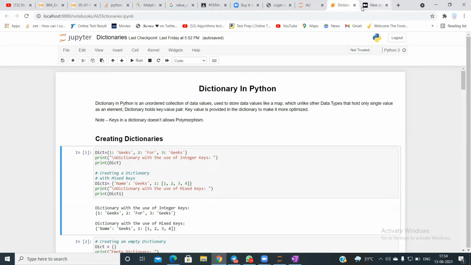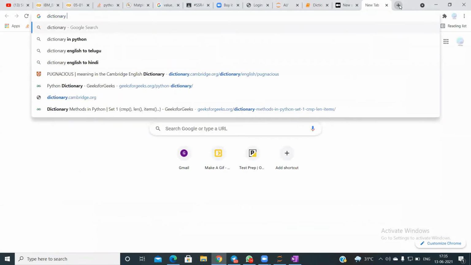No, even I know the basics of dictionary. That's why I didn't take this topic up, because you know the things in dictionary and list better, because I have learned it.